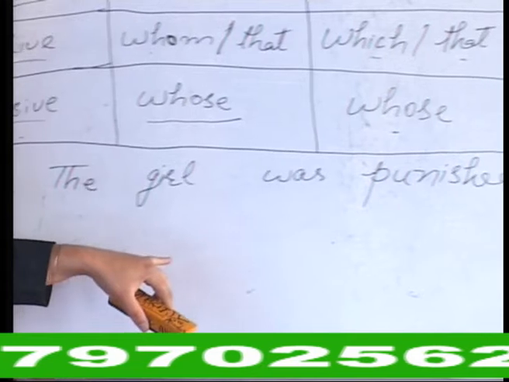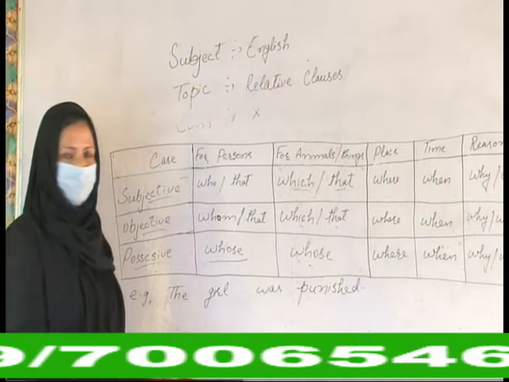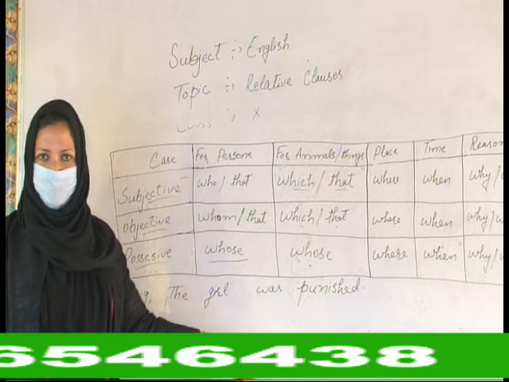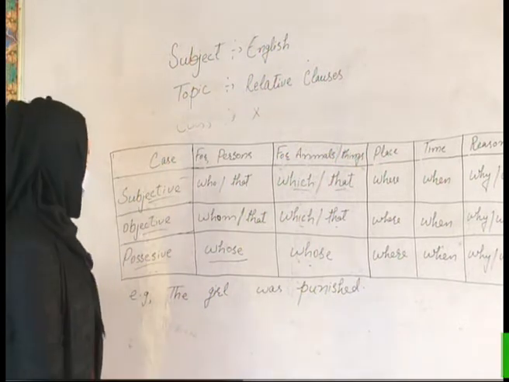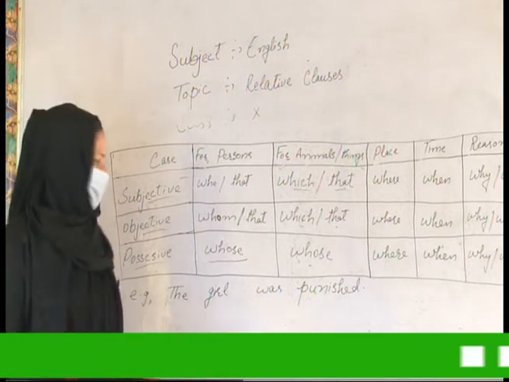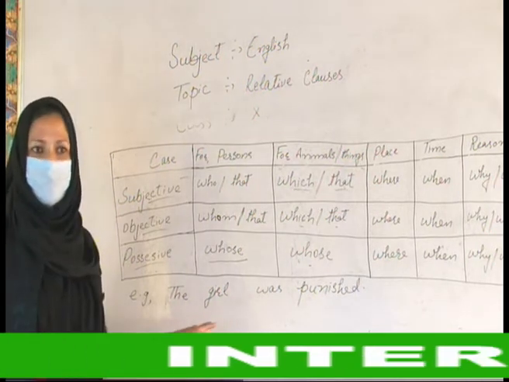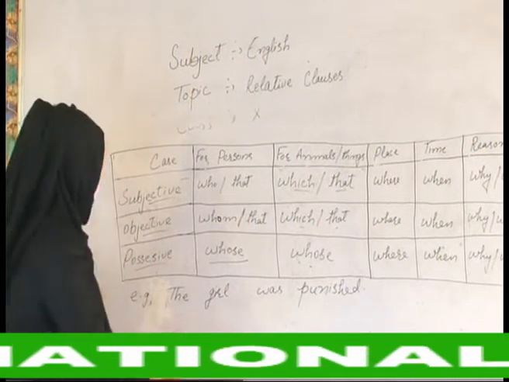The girl was punished. Okay? Do you see any mistake in the sentence? No. The sentence is complete and meaningful. There is no mistake in the sentence. And when we need to get more information about the girl, like why the girl was punished, who punished the girl, then we need to use a relative clause, like